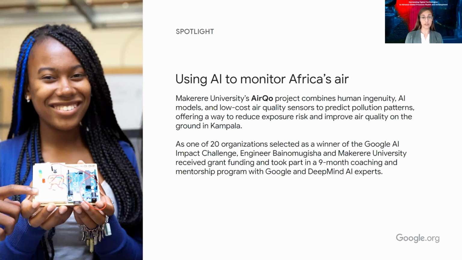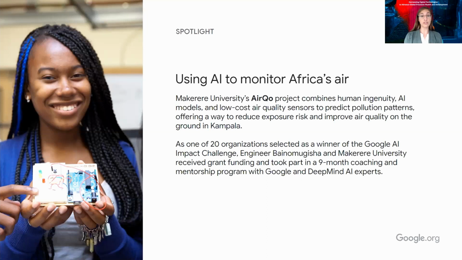They're then applying AI and machine learning on top of that data to both interpolate between the data points that they might not be able to get, and also to do forecasts and predictions that citizens can use through an app that's now available throughout the country, and that governments are starting to use to inform policy, and also organizations like schools and others being able to take action on days perhaps when the air quality is bad, not having students play outside. We think that this tool and the project that they're working on has tremendous potential to change the game for air pollution throughout the continent and perhaps around the world.